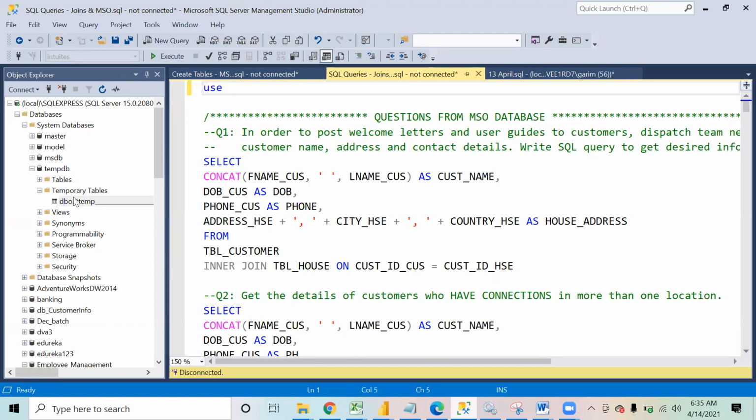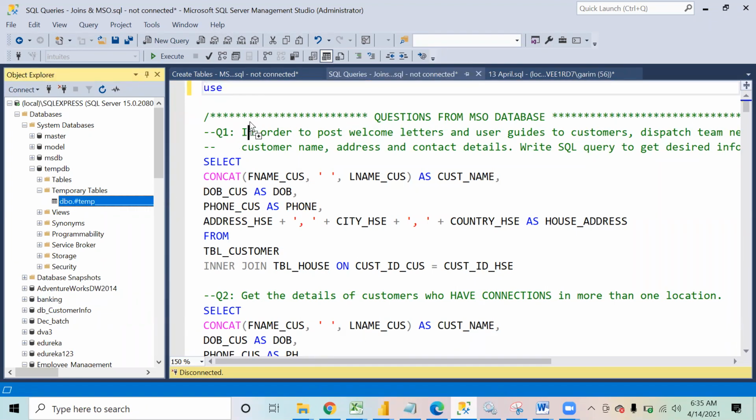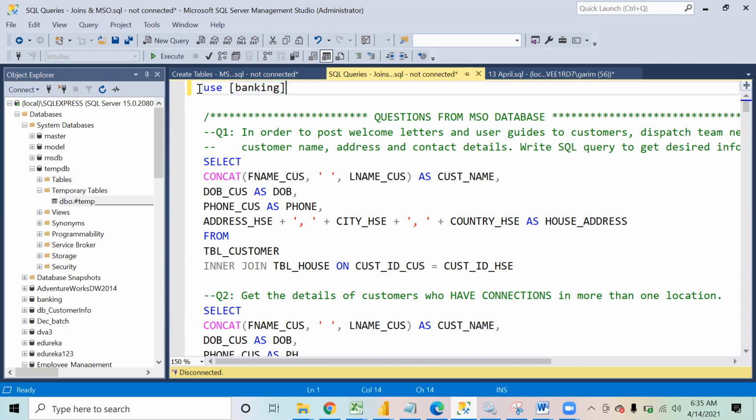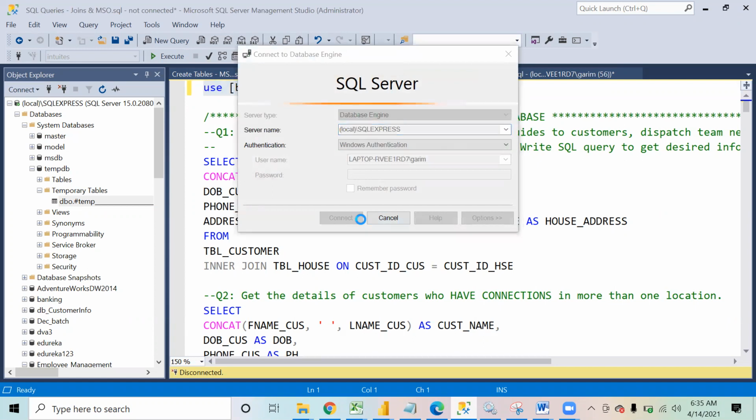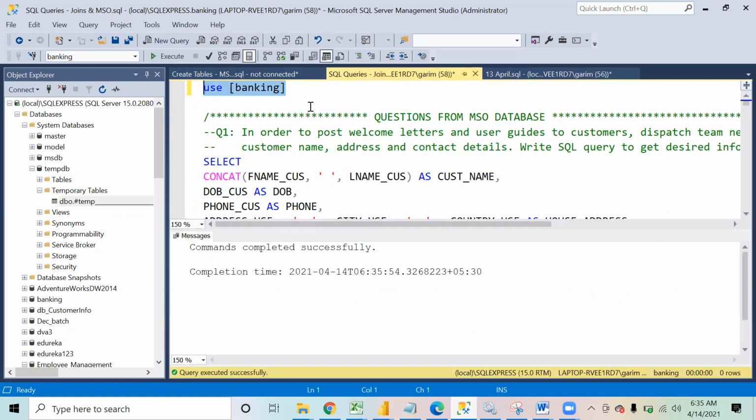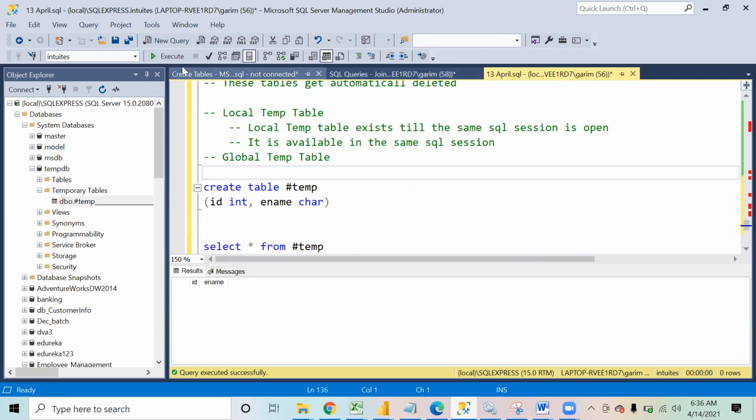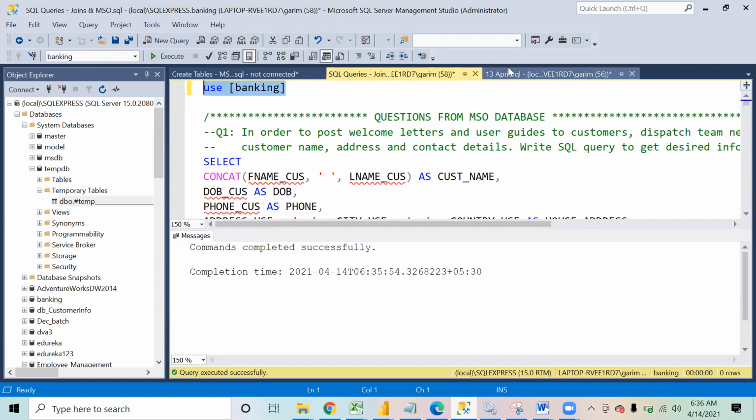Suppose I say use banking. Now this is another window that is open. In this window, I am working on the banking database. In this window, I am working on the Intuit's database, right? These are two separate sessions.